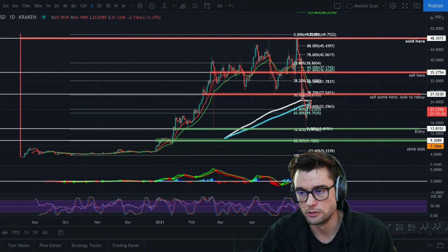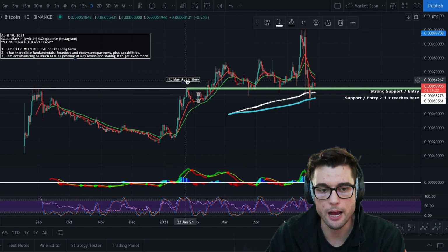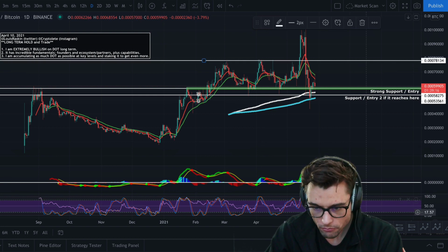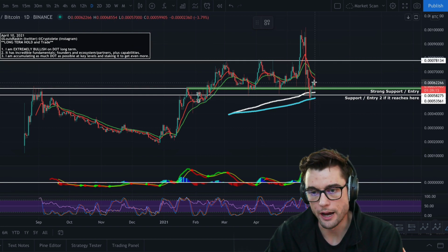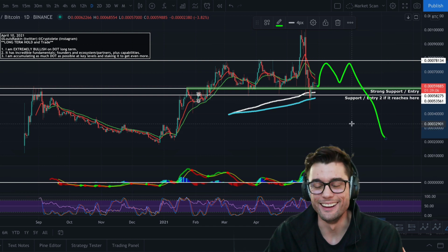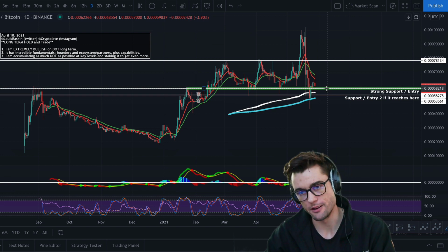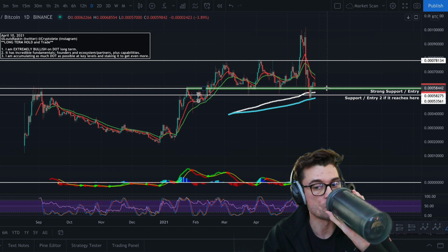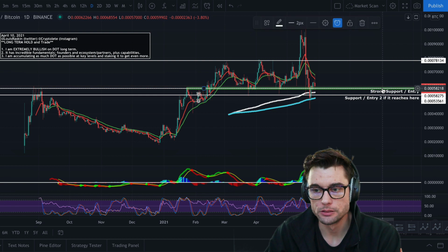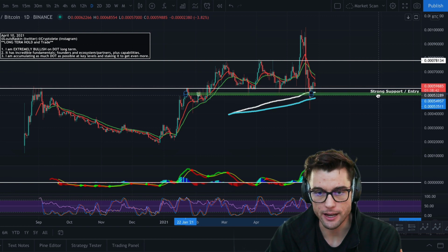I'm gonna erase that chart. And anyway, this is the DOT chart. This was the DOT BTC chart. At least DOT versus Bitcoin looks like it could go up higher. It looks like it could do that, and then that. But you don't know for sure right now. It's at a good support against Bitcoin. It's just at a bad support against